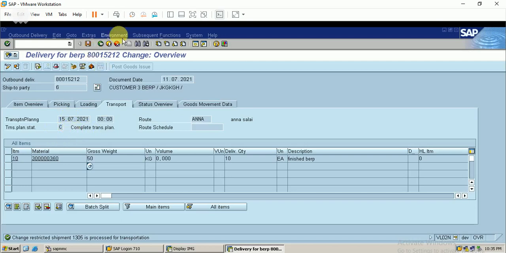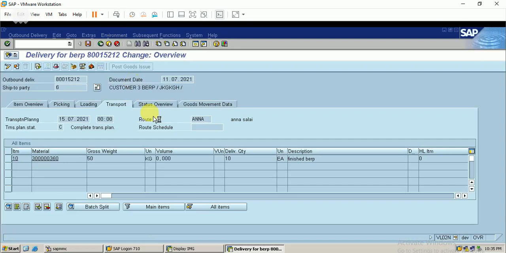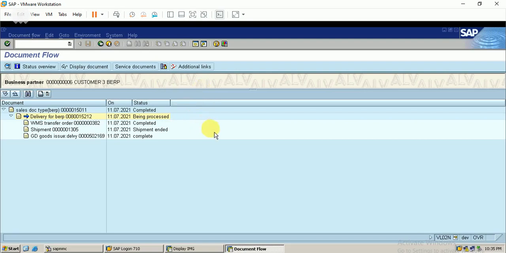Just let me show you the document flow. The goods issue has also been posted in the previous step itself. You can see here the goods issue has been completed and the shipment also ended. So this way we can maintain the shipment.